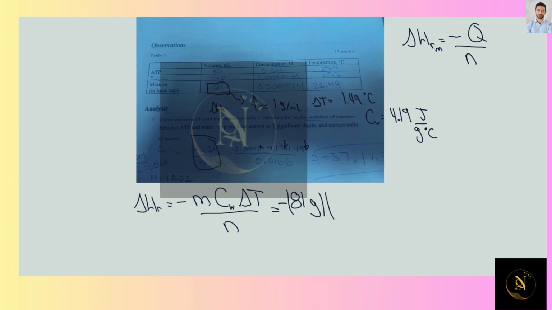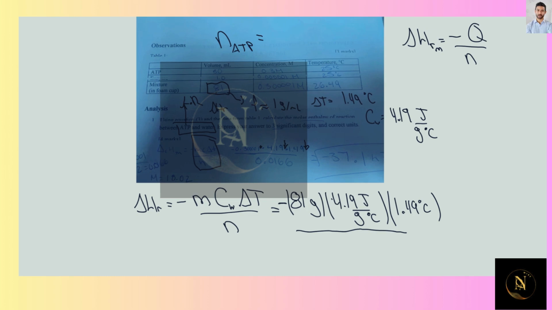Next up, the heat capacity of water is 4.19 joules per gram degree Celsius times the value for delta T in degrees Celsius, 1.49 degrees Celsius. And now, by the amount of mole, since we're looking at the reaction between ATP and water, the limiting reagent is going to be ATP. So, the amount of mole corresponds to the amount of mole of ATP that we're going to have in our